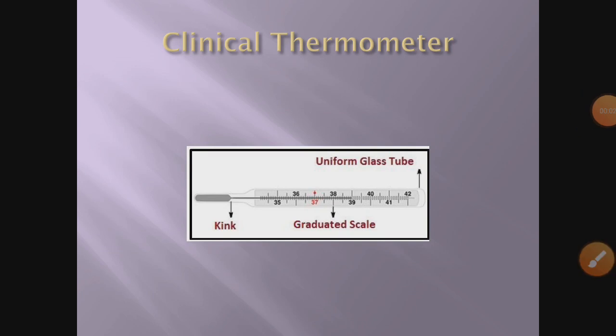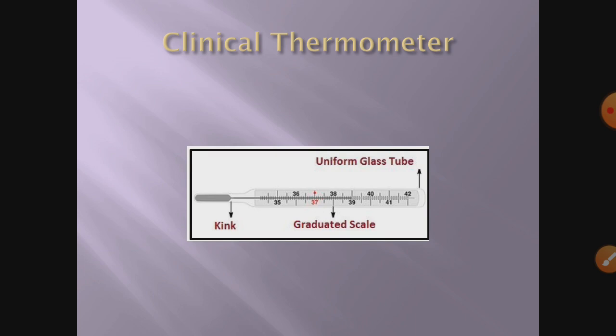Good morning, students. So far in this chapter, Heat, we have studied the concept of temperature, that is, the degree of hotness or coldness of a body. Then we have learned that the sense organs cannot be a reliable method of finding out the temperature. For that, we need devices called thermometers.